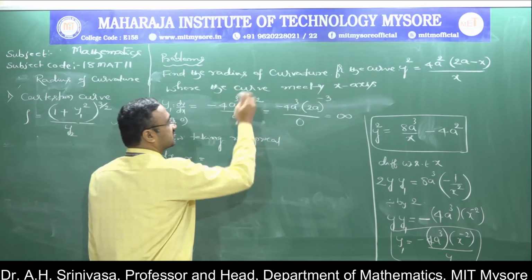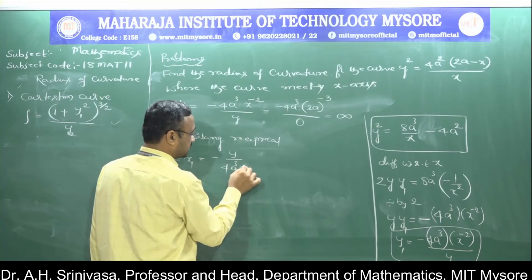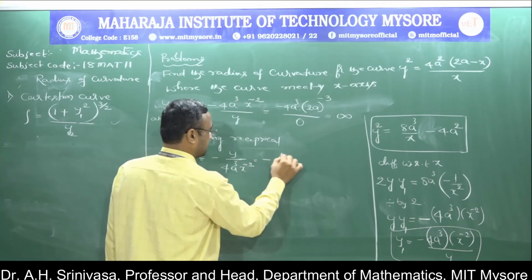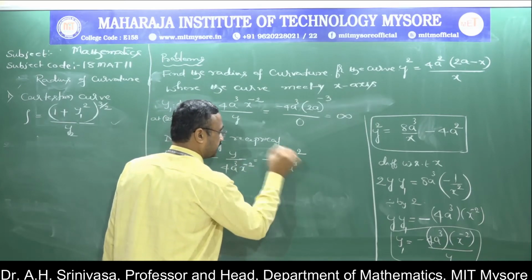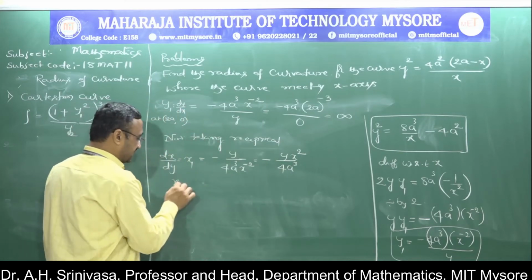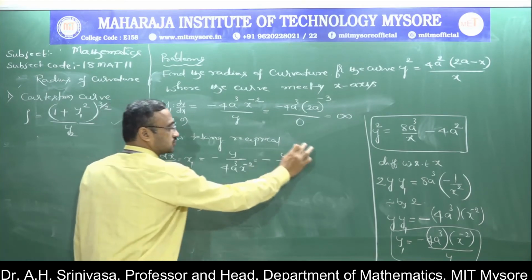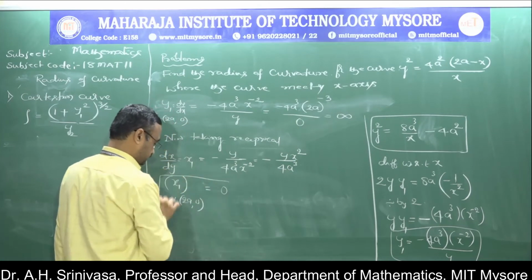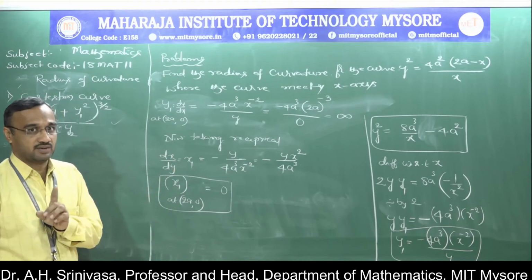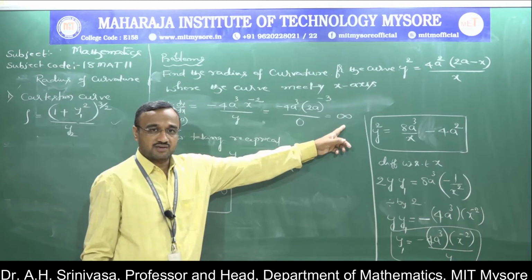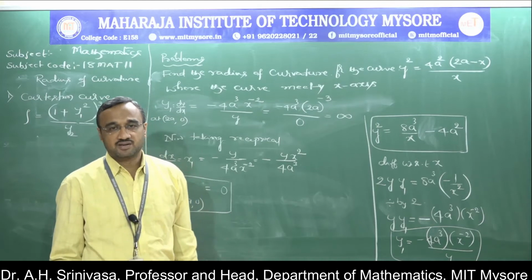It should be equal to, if you take the reciprocal, minus y divided by 4a cube, then x power minus 2, or simply minus y x square, with a shifted to the numerator as a positive value. Now what do we get? x1 at 2a comma 0 becomes 0. The value of x1 is simply dx by dy. You have to remember, when you get an infinity for the first order derivative, you change the derivative dy by dx in terms of dx by dy.